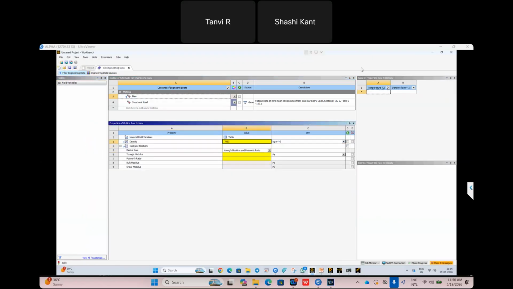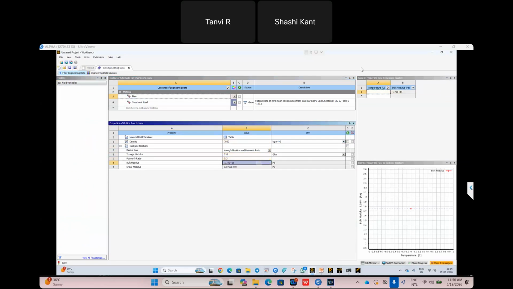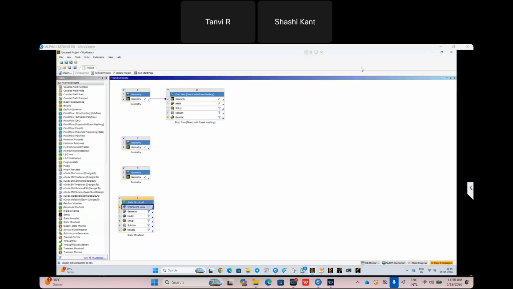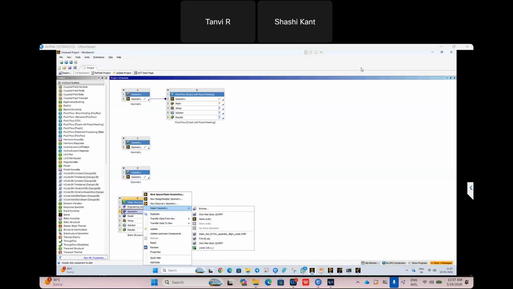Okay, so I will give here 7850 for density, and let's suppose the material Young's modulus is 210, and Poisson's ratio 0.3. You can see the material is done. So manual or library, you can do both. And we also have library creation. Let's suppose your team is starting a project and they have 100 material data; you can create that here too. And in .xml format, you can save it for future reference. So in future, there's no need to recreate the properties, just import the .xml file and you can use it fast-forward.